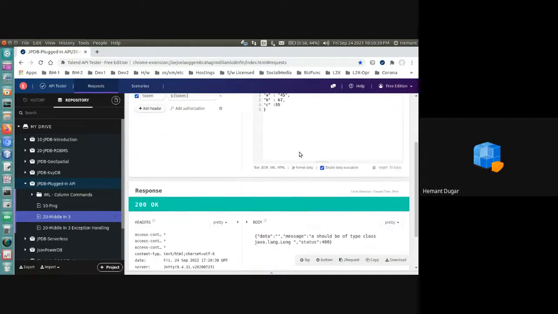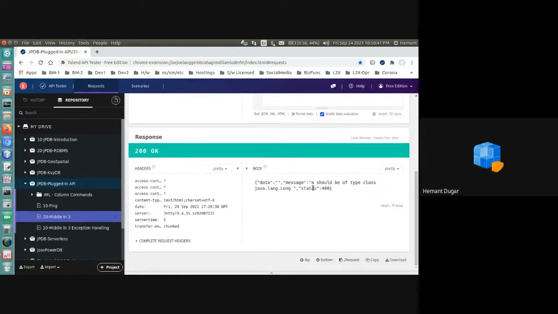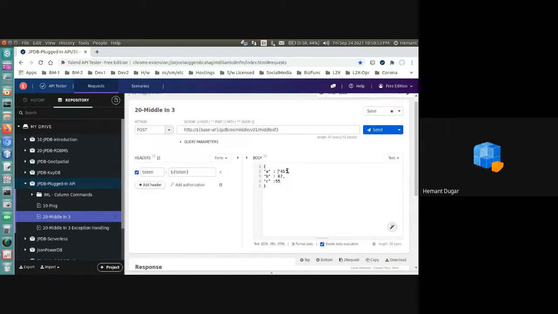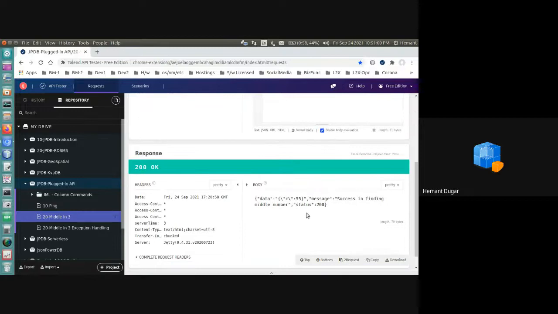So the validator will validate, and you can see A should be of type class java.lang.long. Status is 400. So this error comes from the validator. So it validates the request properly, and if everything is okay, then it will give the correct response.